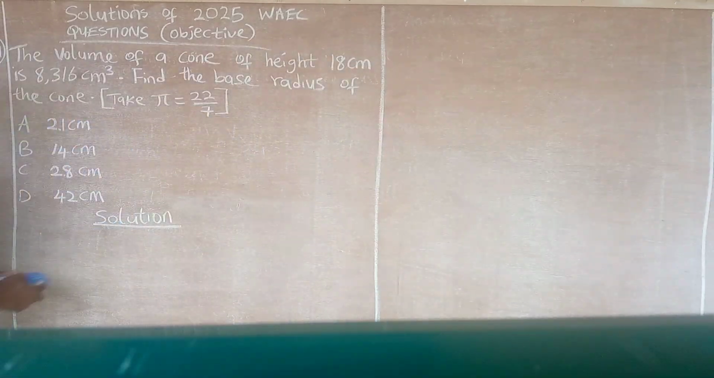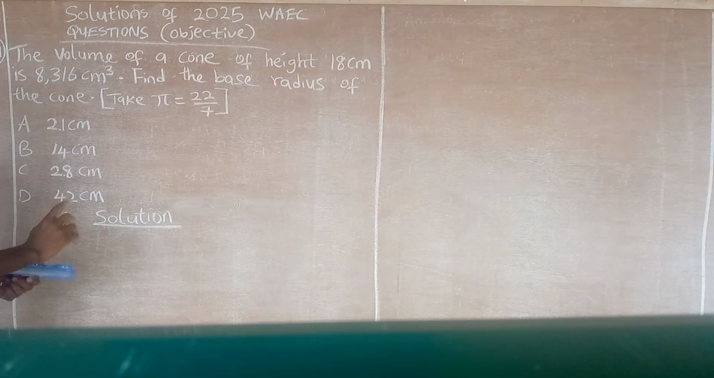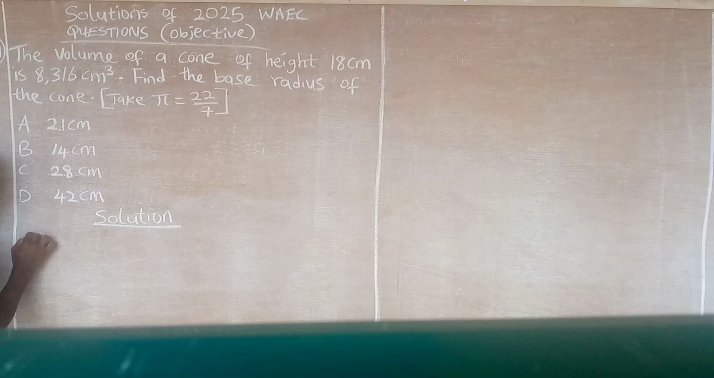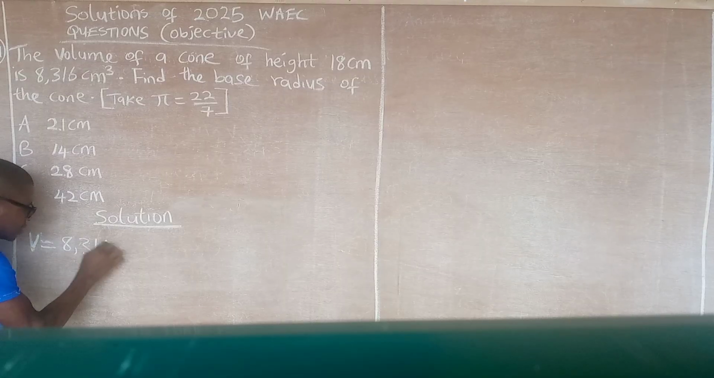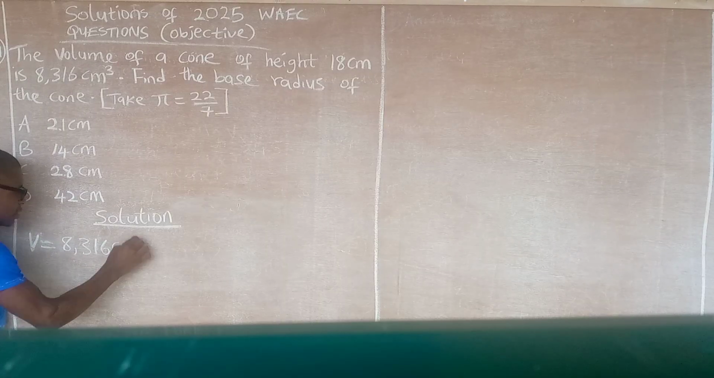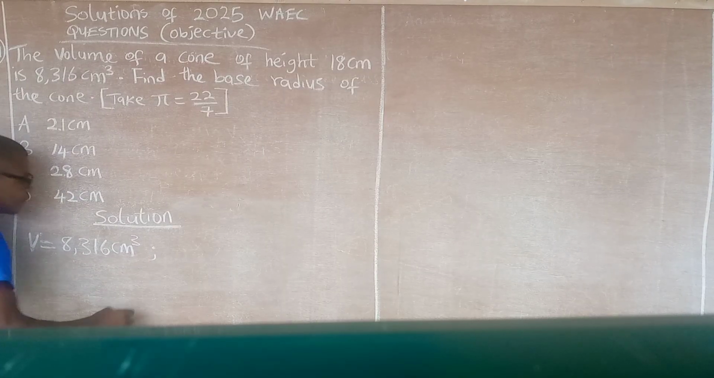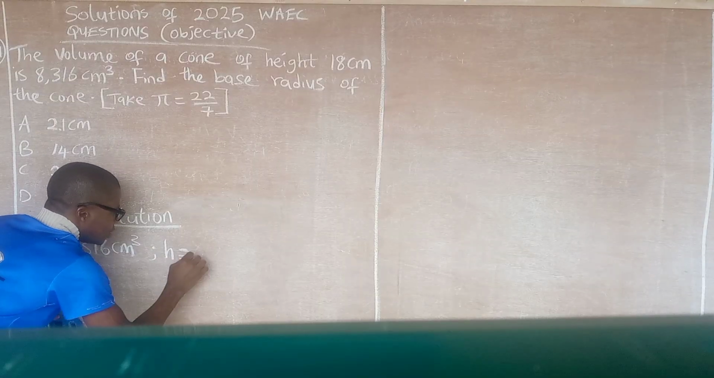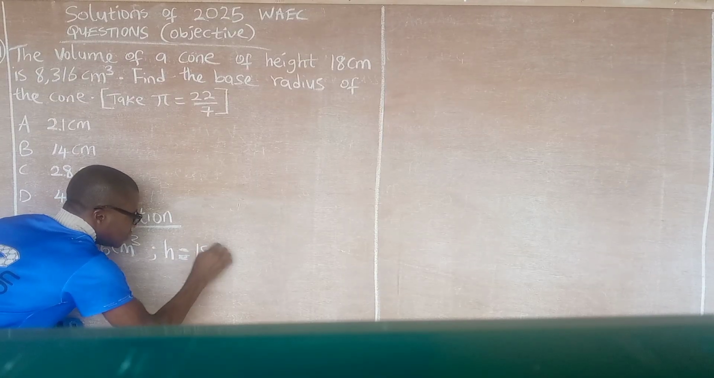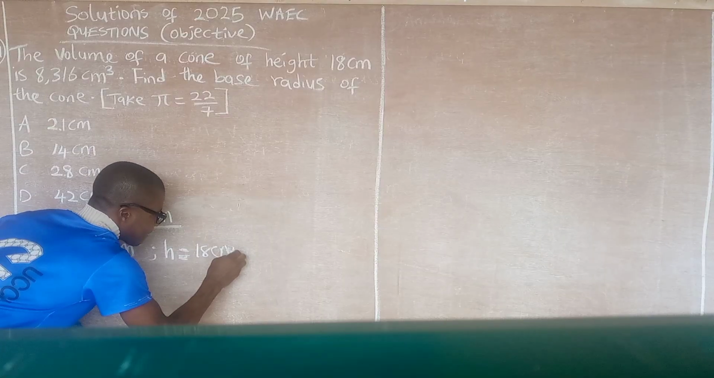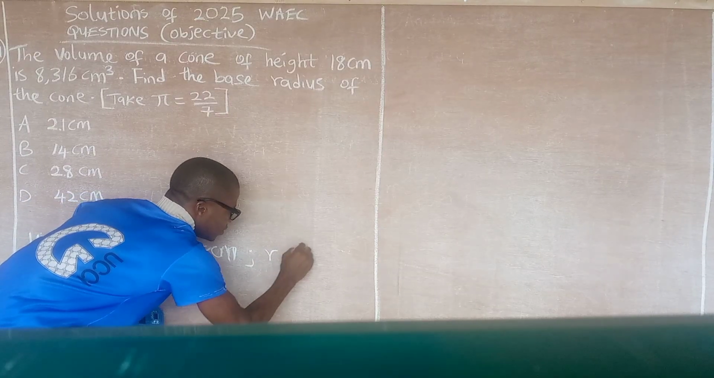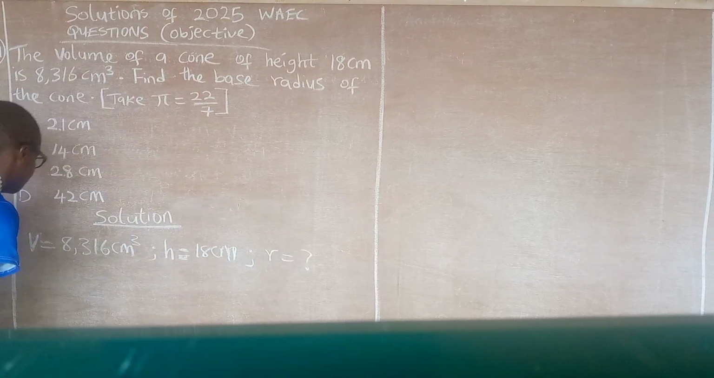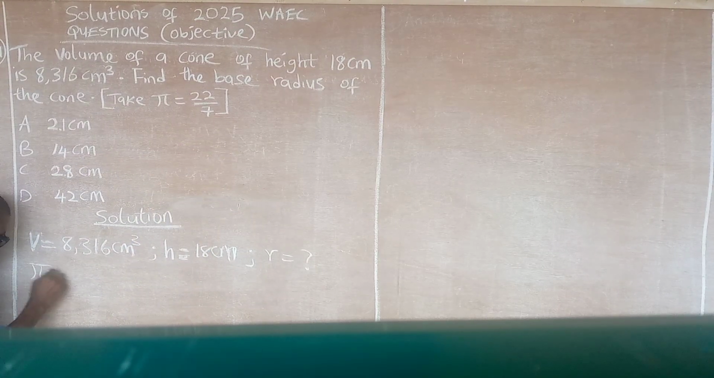So solution, the first thing to do is to write out the parameters. Volume of the cone equals 8,316 centimeters cubed. Height of the cone equals 18 centimeters. Radius of the cone is what we are to calculate. Pi equals